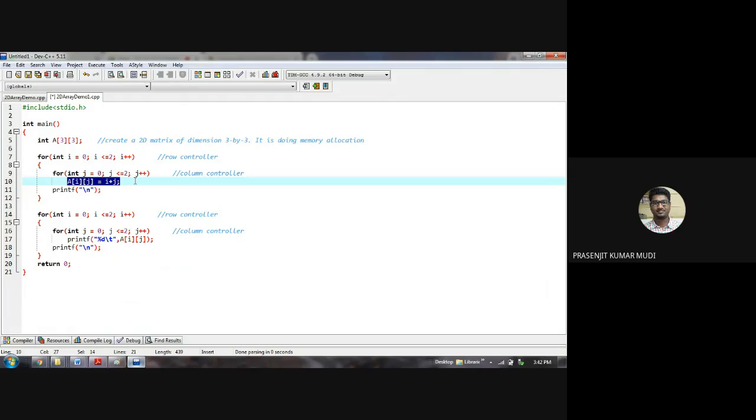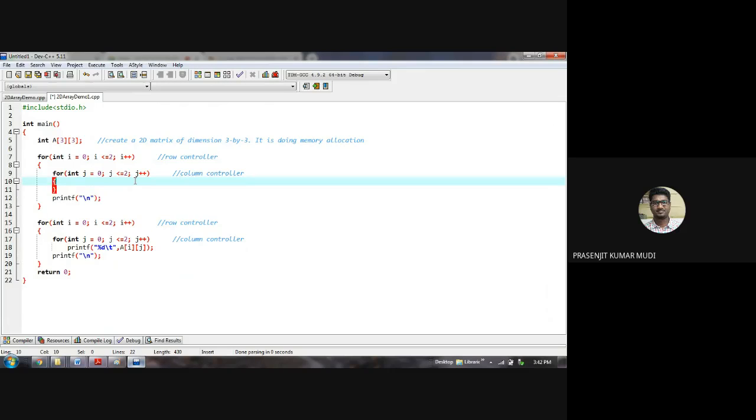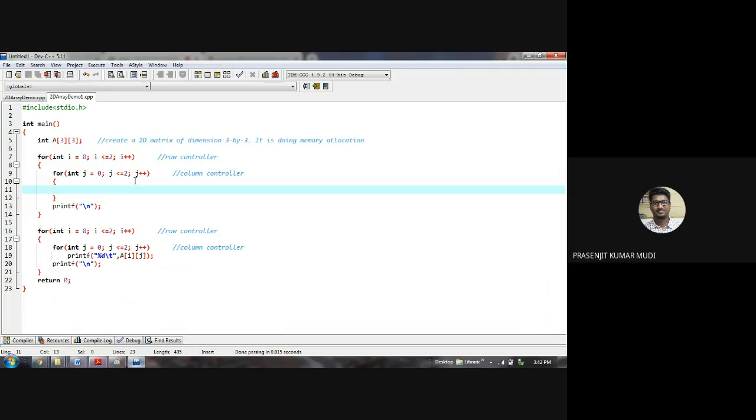So here I will ask the user. User will provide element by element value, and it will be stored using scanf to a corresponding location. Okay. So printf, backslash n, enter a value to be